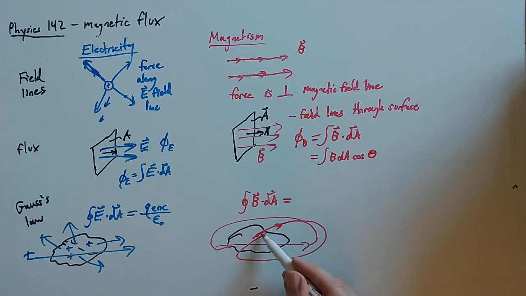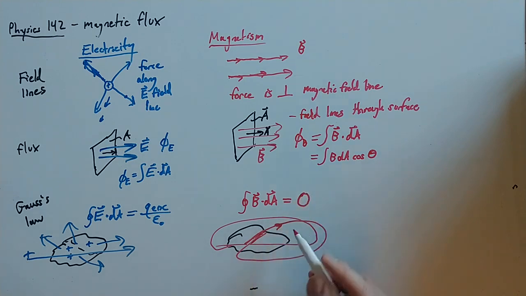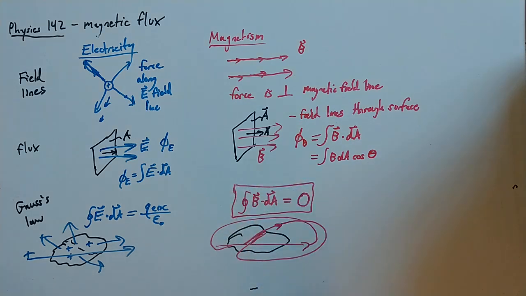So the end result is you don't have any magnetic charges that you can enclose. Gauss's law for magnetism is actually pretty straightforward. It says that the net flux through any closed surface has to be 0. And that's the way that it is, because there's no magnetic monopoles. So since you always have a closed loop. So there we have Gauss's law